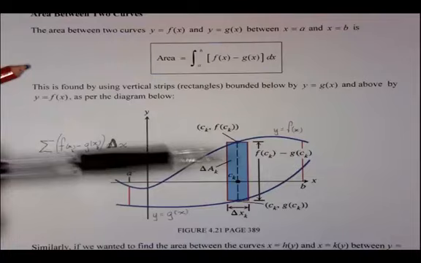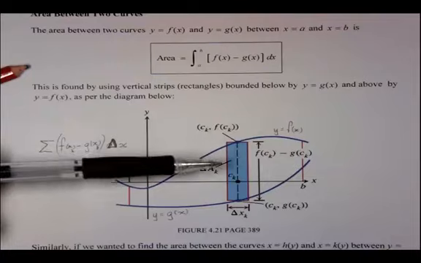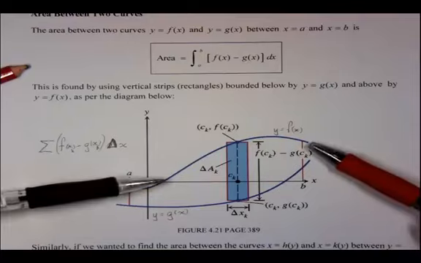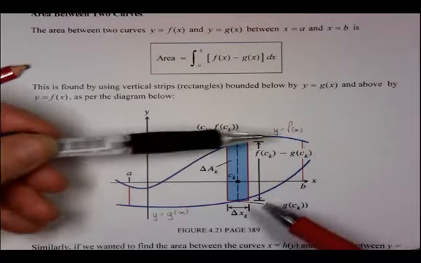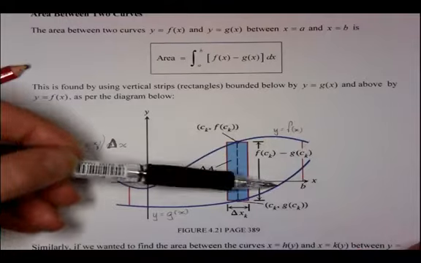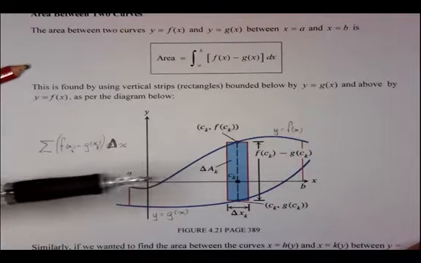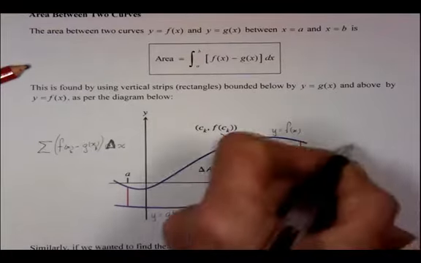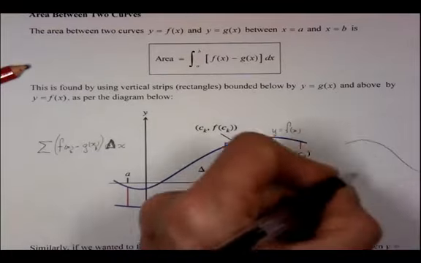Now let's think. There are a couple of things that you've got to be careful of here, just as before. You've got to know, like in our previous example, whether the curve is below the x-axis or above the x-axis. Here, what you need to be careful about is whether f(x) is greater than g(x) or the other way around. If your f goes along and down, and your g goes along and up,